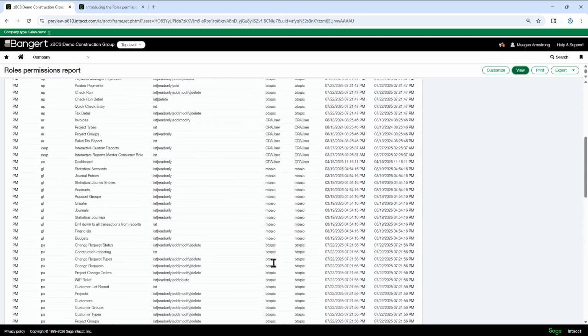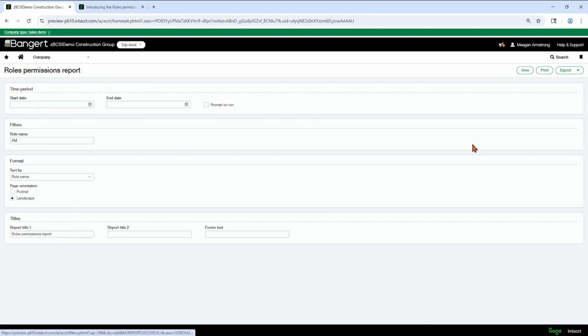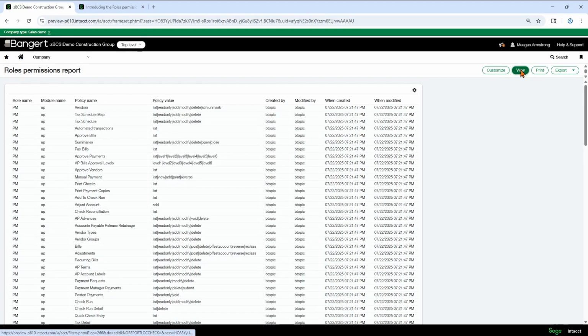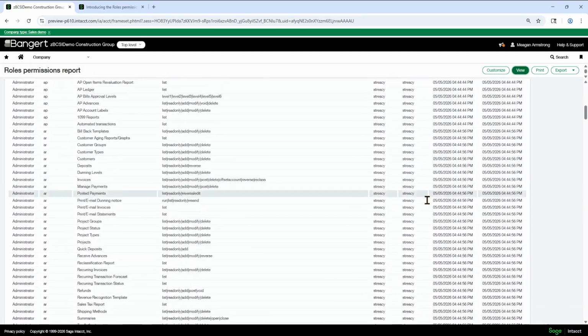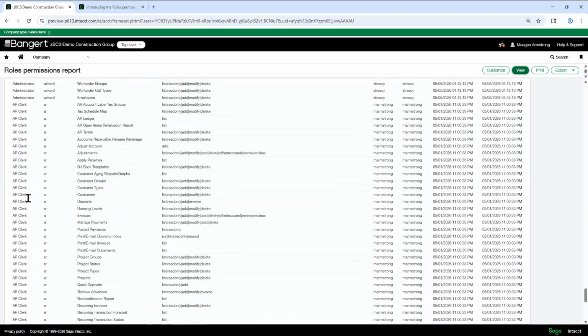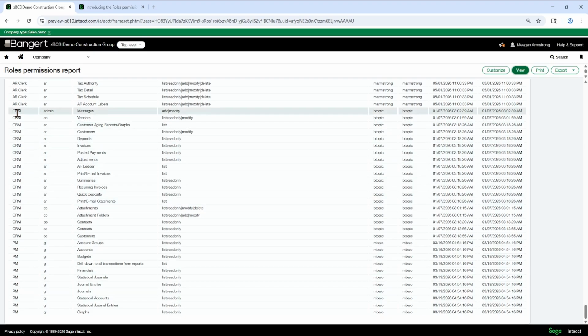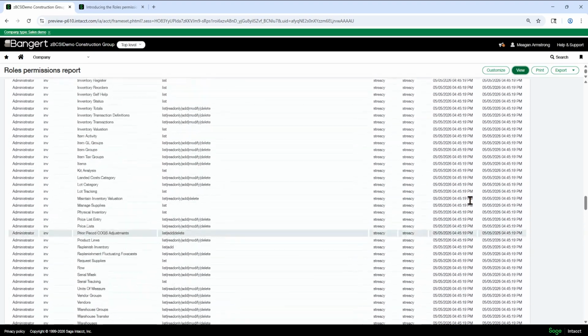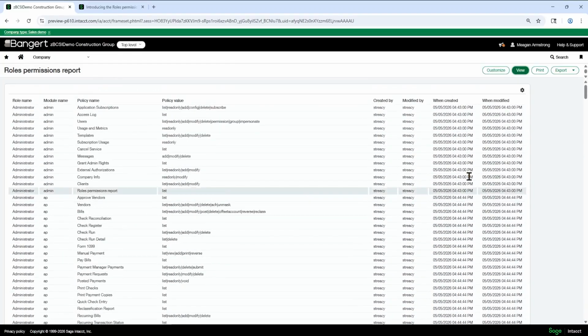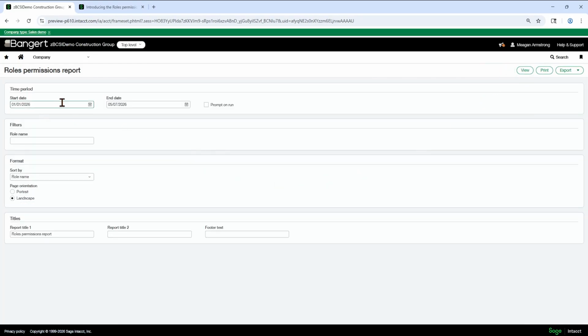on their permissions. So if we open this up to be all roles, and I'll just do, say, this year, you can see any changes that have been made to any of the roles, and this will be listed by the role name here, and then who made these changes and when. So if something gets changed, you can always come in here and see when it was added to that role.